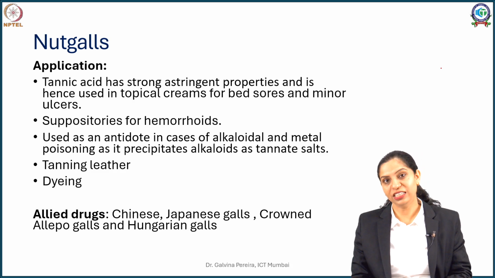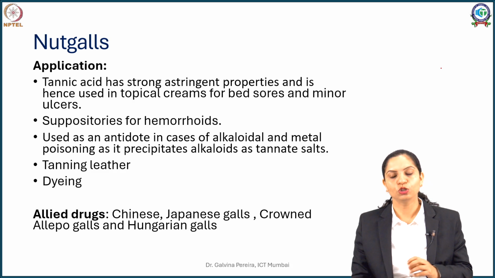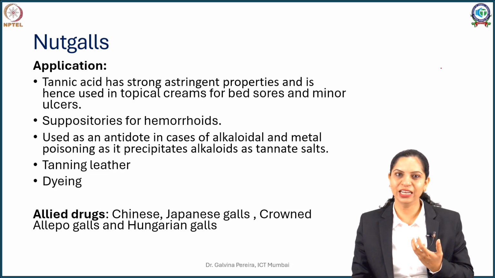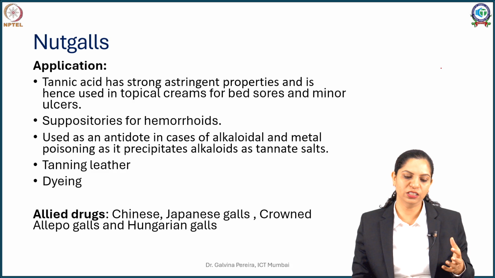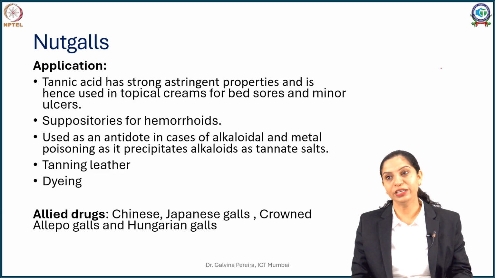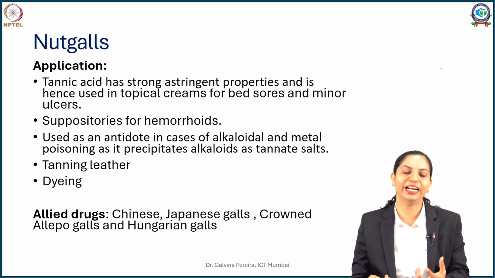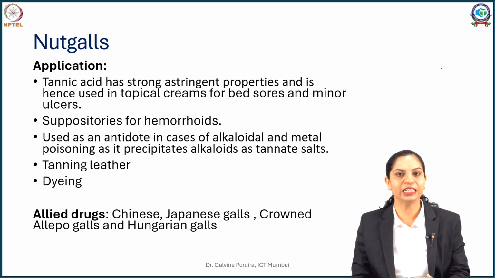bleeding. Now interestingly, one more attribute of tannins is their ability to chelate metals. So initially when there was metal poisoning, a tannic acid solution was administered which could easily, as we saw, chelate the metal ions, and then they could be removed from the system. Also, tannins have an ability to form complexes with nitrogen containing compounds such as proteins and alkaloids. So even in case of alkaloidal poisoning, you will see the nut galls are beneficial as they tend to form complexes and precipitates. Now this has been discontinued lately.